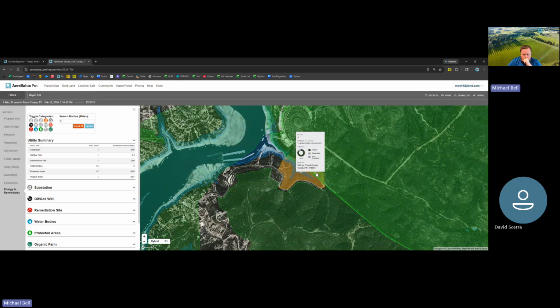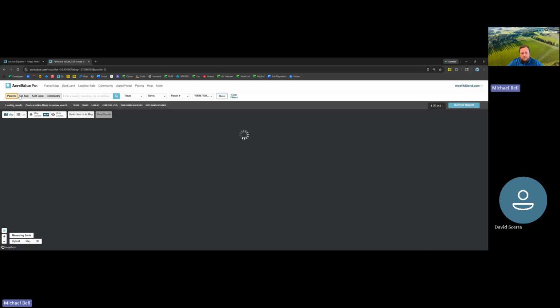So, excuse me. This may not be a suitable parcel for development just because it's a mix of high flood zones as well as some protected areas. Not great soil quality, pretty steep elevation changes. So just stuff to keep in mind when looking at it, but AcreValue delivers this as an all-in-one unified platform to give you all this information without having to manually comb through county records, maps, the traditional way that may have been done in the past.